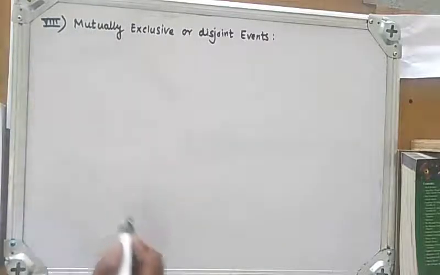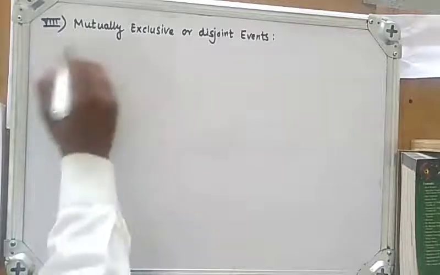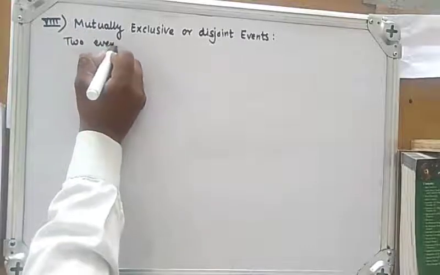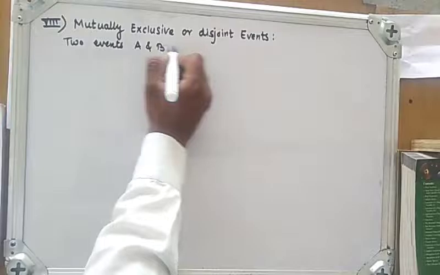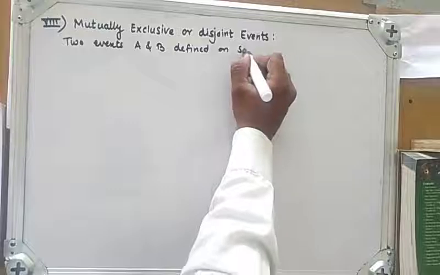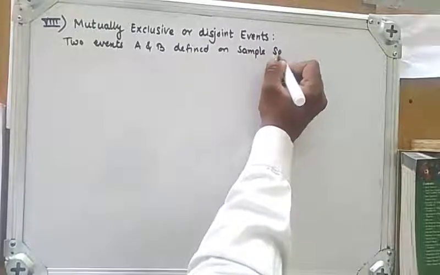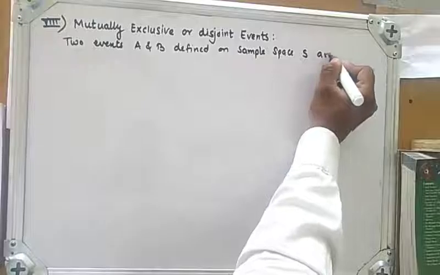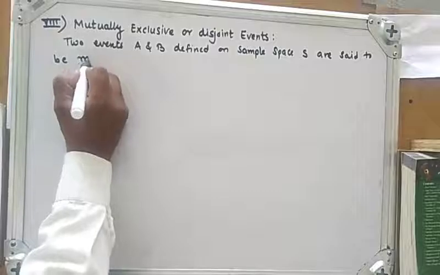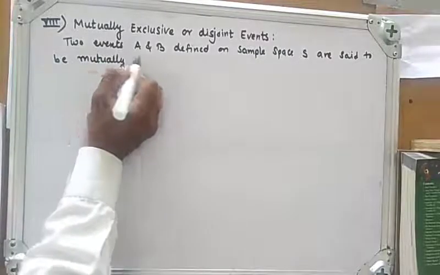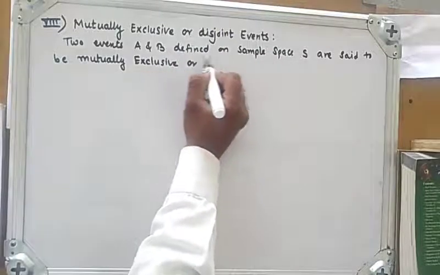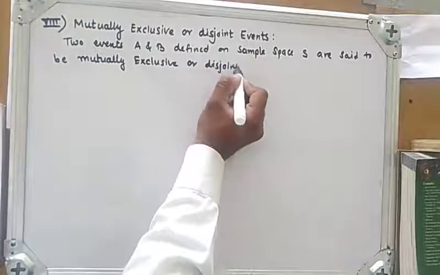Two events A and B defined on sample space S are said to be mutually exclusive, or sometimes called disjoint events,